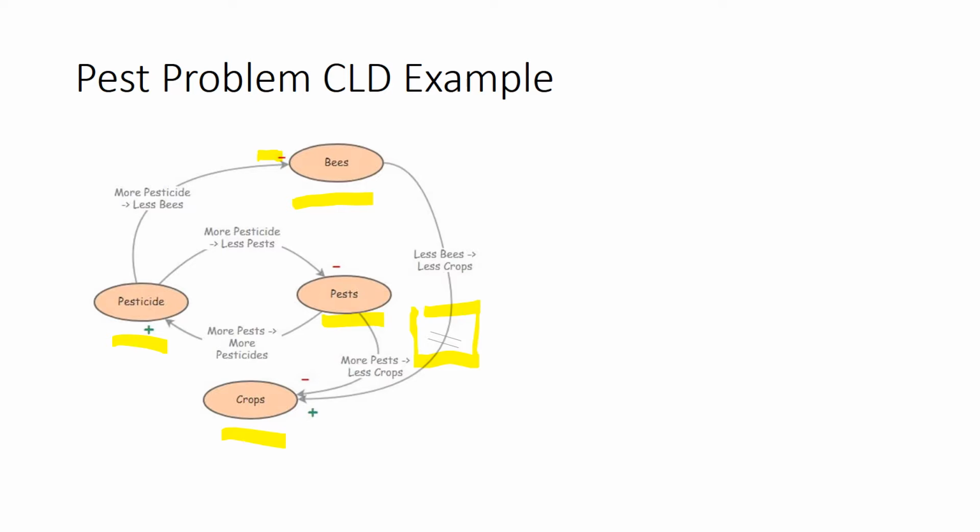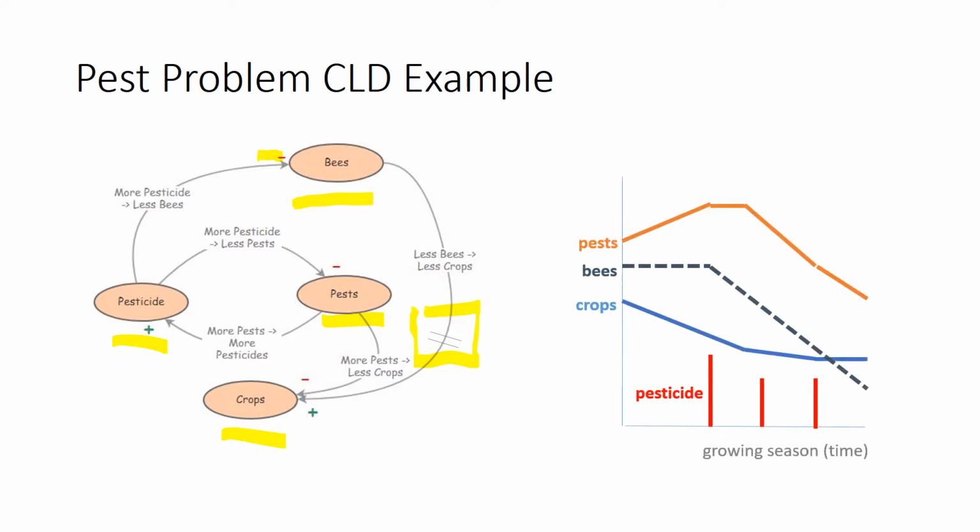So even though the bees will be dying as the pesticide is applied during the current growing season, you may not see the effect of that until the next growing season. And again, taking a guess at what this might look like, we can draw the following diagram. So we see again the pests are going up, and then as the pesticide is applied, they're stabilizing, and with further applications, they're dropping. The pests are dropping, the crops are stabilizing, but the bees are being killed off very